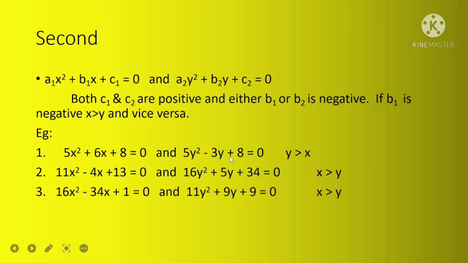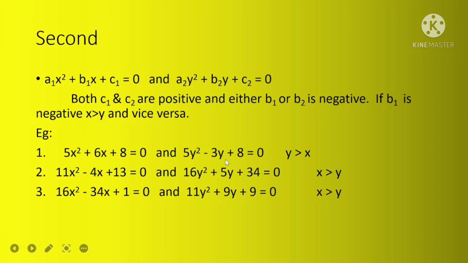Check whether the second condition has been satisfied or not. In the first equation, 5x square plus 6x plus 8 is equal to 0, the value of b1 is positive, whereas in the second equation, 5y square minus 3y plus 8 is equal to 0, b2 is negative. Hence we can apply the second principle, that is